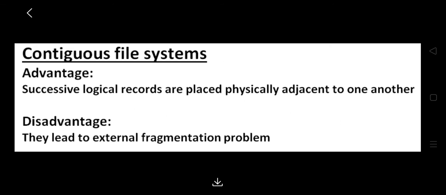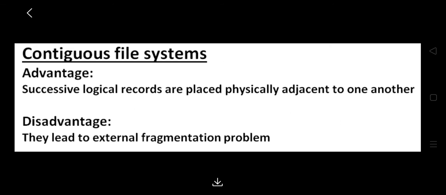Now, a disadvantage of contiguous allocation systems is that they lead to the external fragmentation issue. Also, contiguous allocation can result in poor performance if the files grow and shrink over time. If a file grows beyond the size which it was originally specified and there are no adjacent free blocks, the file must be transferred to a new area of adequate size, and this leads to additional input-output operations.